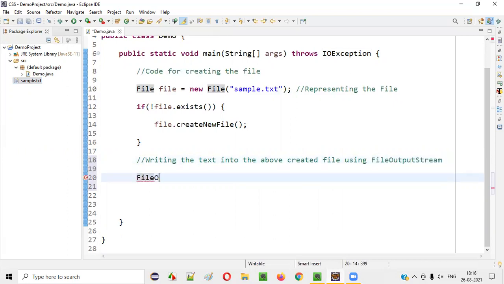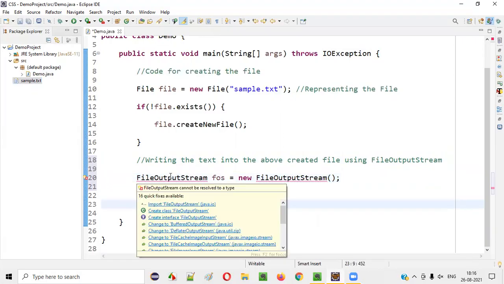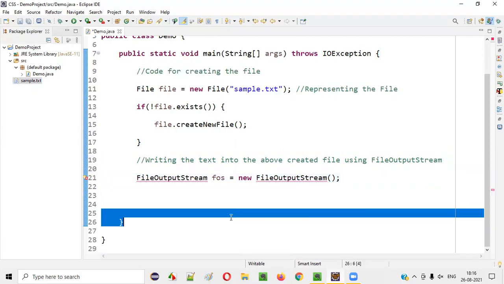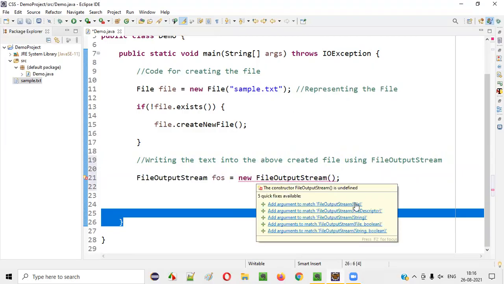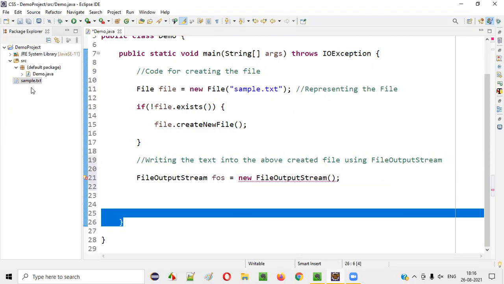For that, we have to first create an object for the FileOutputStream class: FOS is equal to new FileOutputStream, like this. Hover the mouse, import FileOutputStream from java.io. And this constructor cannot be empty. Here we have to provide the above created file, into which we want to write the text.